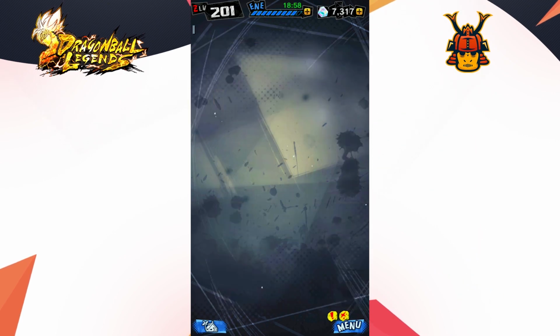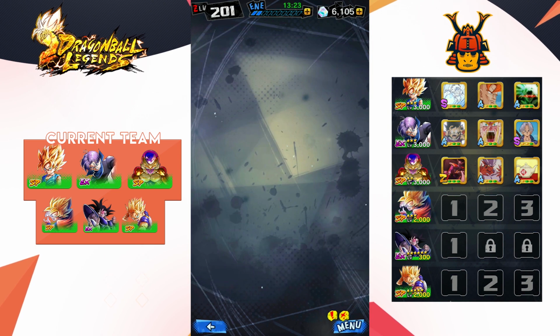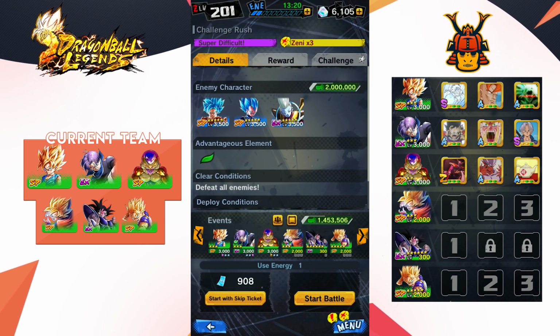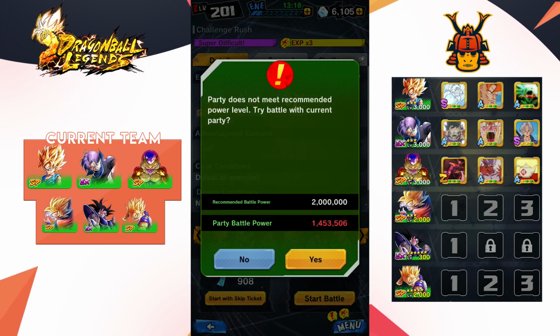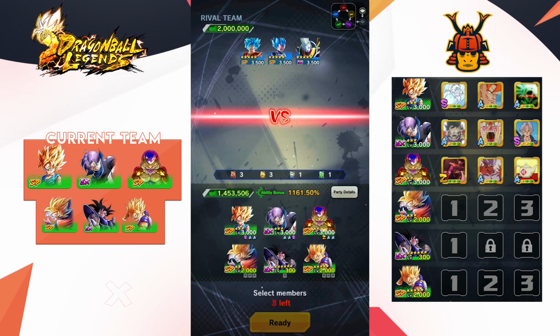And let's actually start the video now. Alright, starting off with blue, we are bringing a decent team. Basically, it's evolved around GT Goku, who's a really good character. And this equipment we're using, just honestly throw any equipment on, it doesn't really matter. But the team we are bringing is